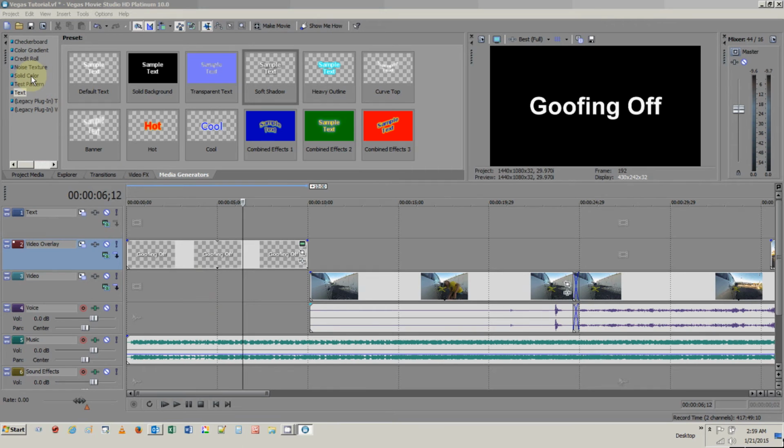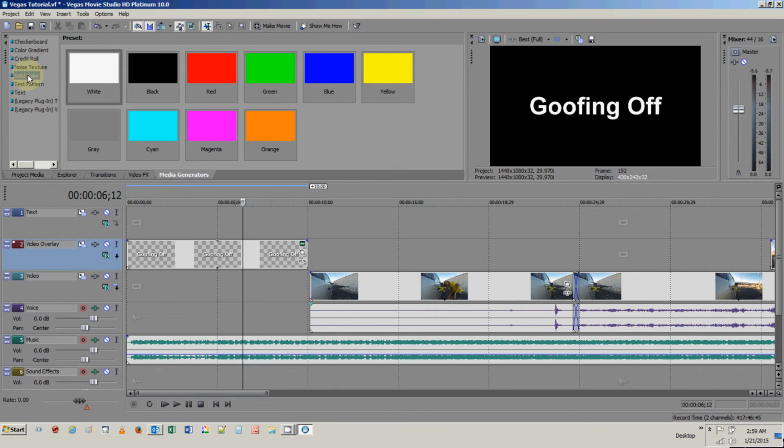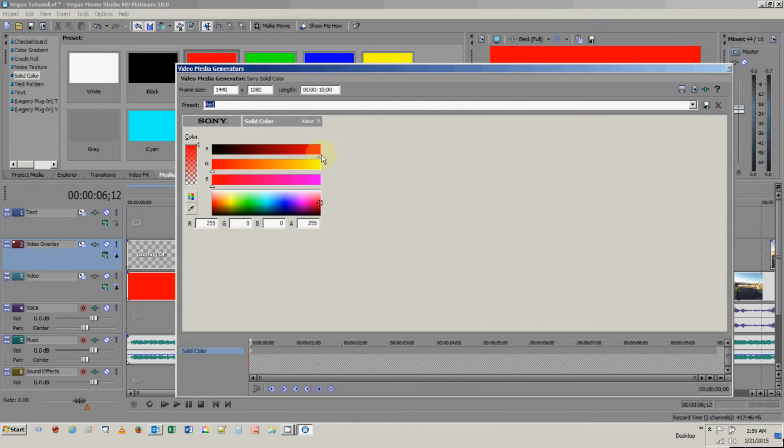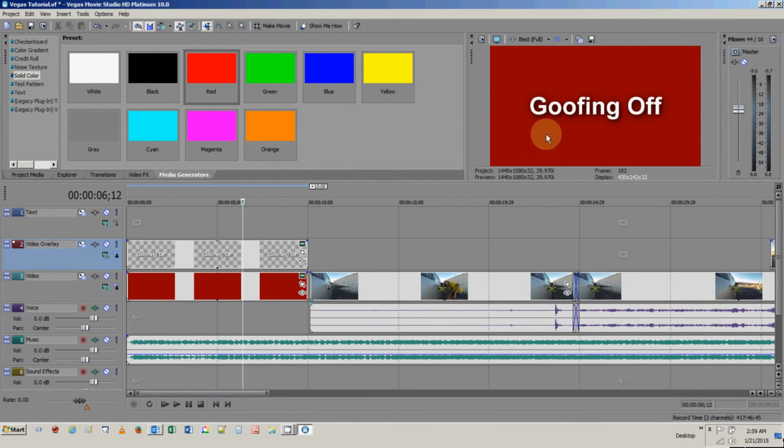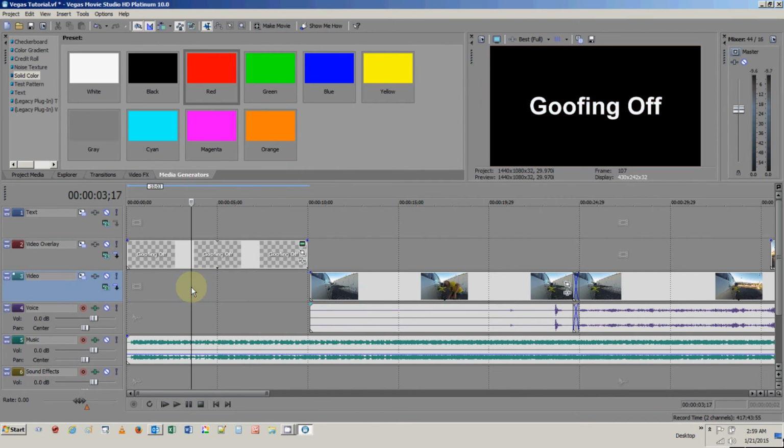I could go to a solid color. Over here I could drop a solid color in like this, pick the tone of the color, and then we would have this showing up over the color. But instead, what I think I'm going to do is just have this title over Mitch putting the thing on and then have it fade out. I think that's going to work out very nicely.